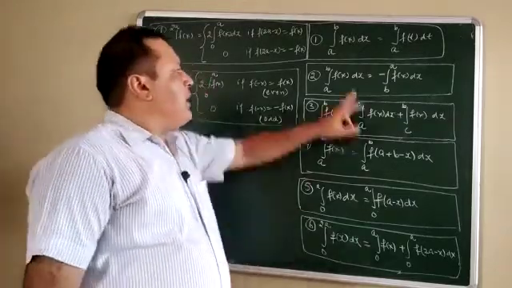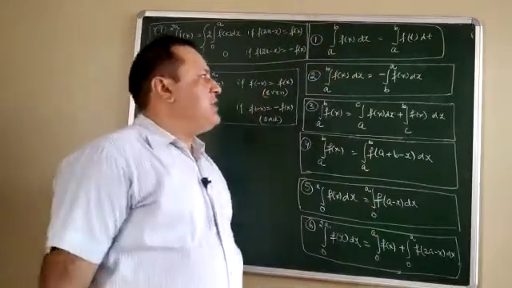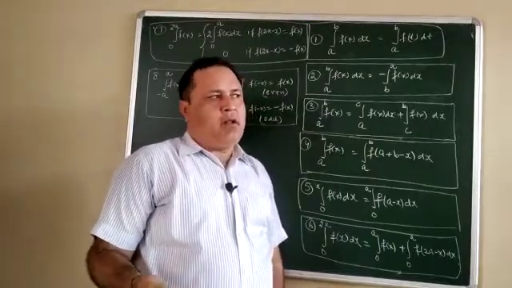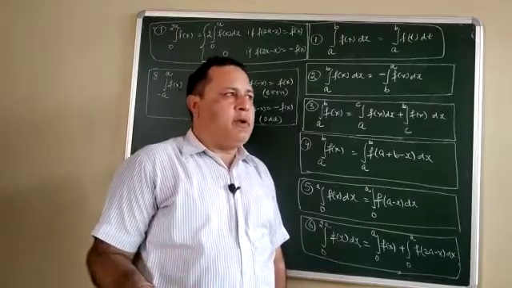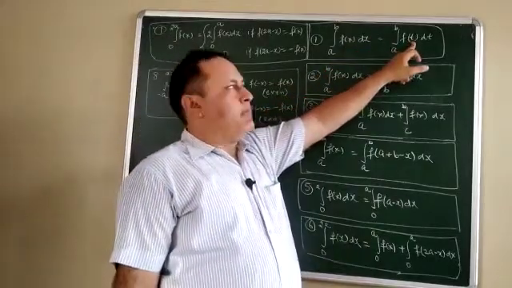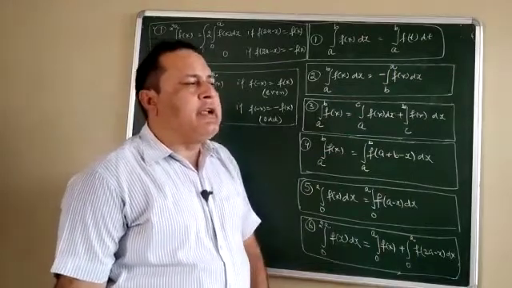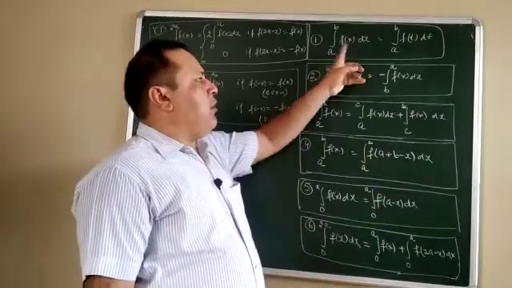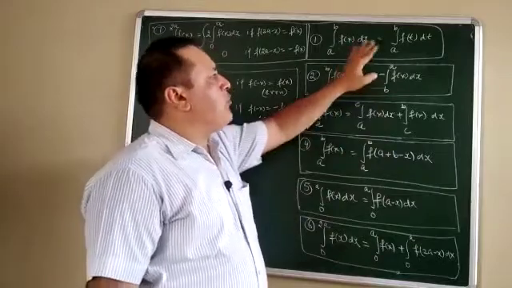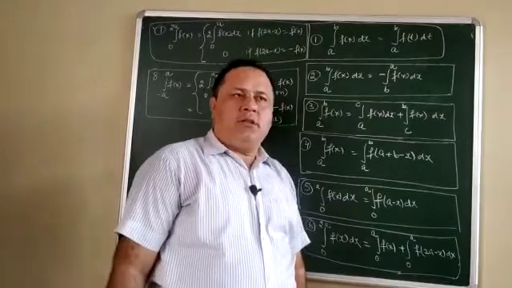Number 1. F of x dx from a to b, the limit is given. If you change this function into another variable, but after changing into another variable there is no change in the limit, then you can simply change the function of x into another variable t. For example, if you substitute x is equal to t, its derivative dx is equal to dt. So simply the value at a and the value at b remains the same. There is no change. Such a property applies only when we want to change the variable, but keep in mind the limits are not changed.